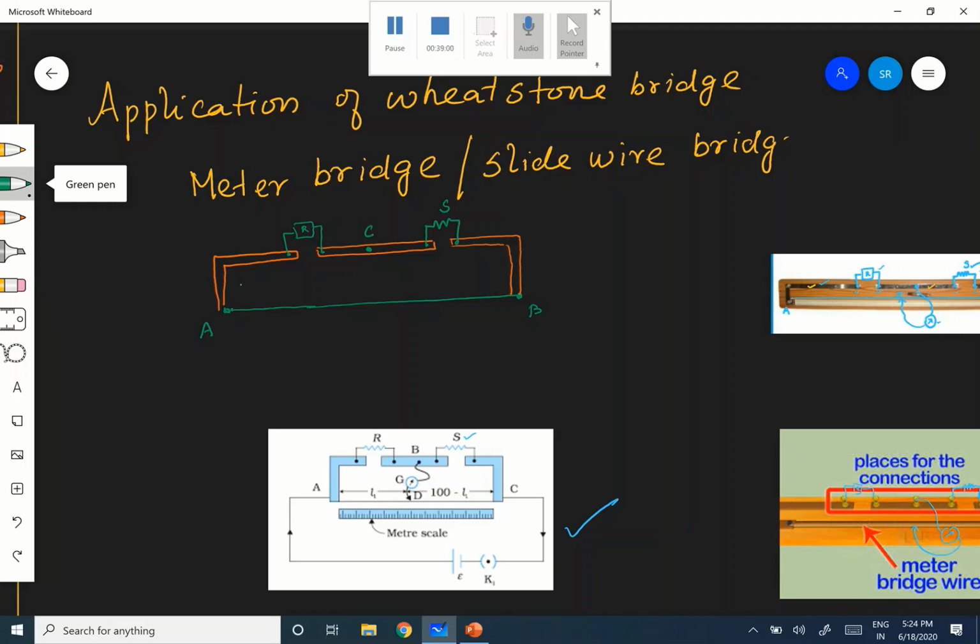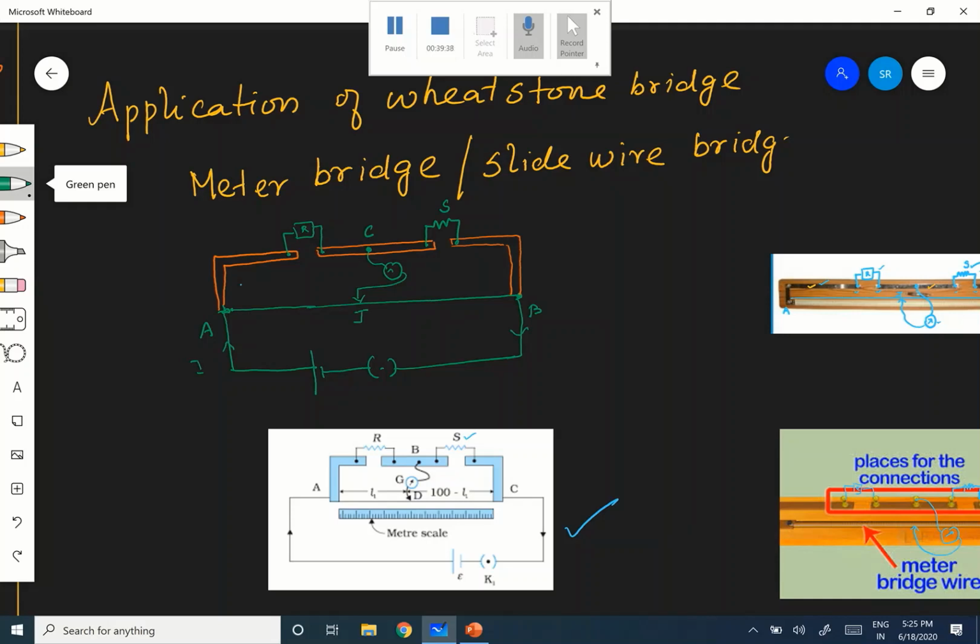Okay, and from here, what is connected here? There is a galvanometer to the jockey. Galvanometer to jockey. Then there should be some source now. For that, here a battery and a key. Therefore current will be flowing like this, and it will be coming this side. And the jockey point is J. This is a manganese wire.